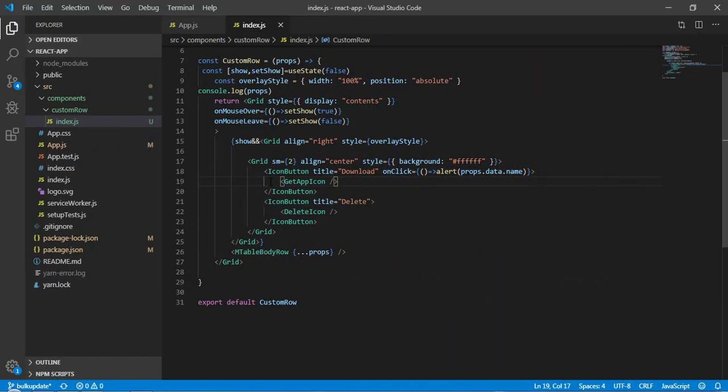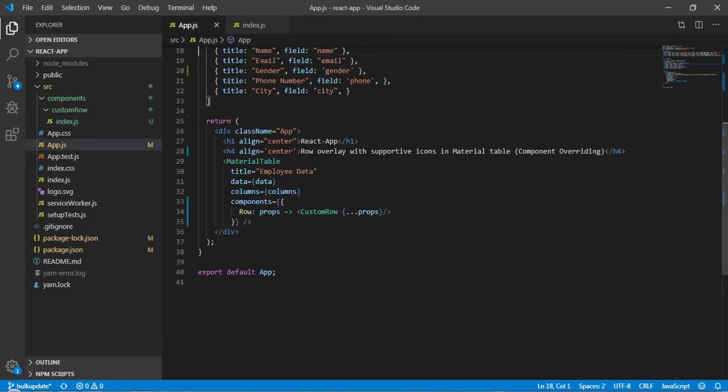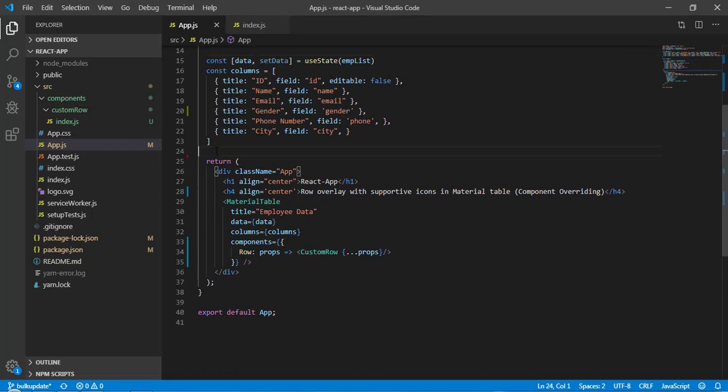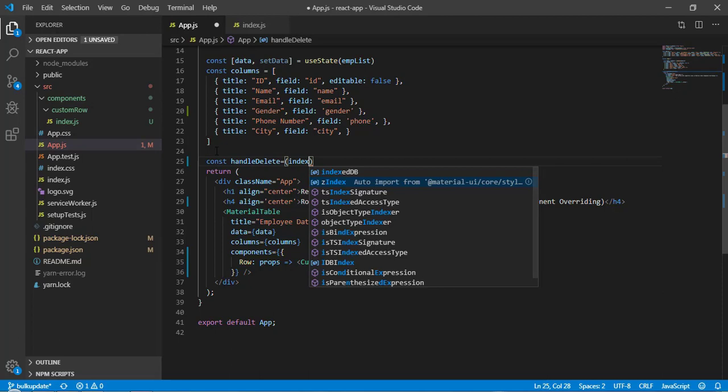So now what if on click of a delete icon I want to trigger parent function? Okay, so here let's come to the app.js and create a function here. Okay, so I will call it as handle delete. Okay, and here we will get index value.